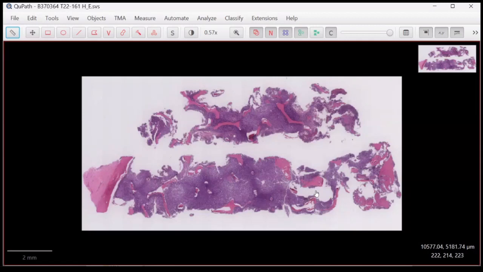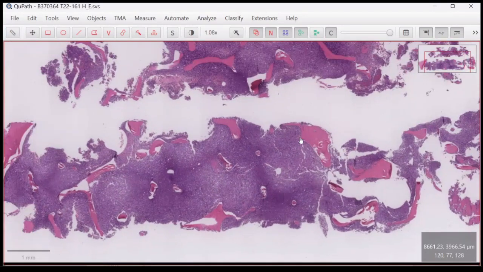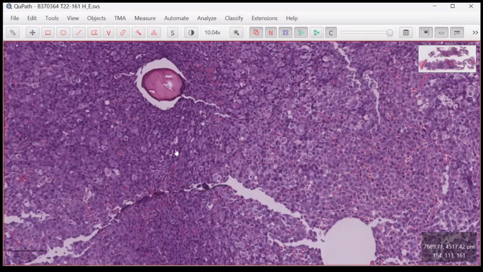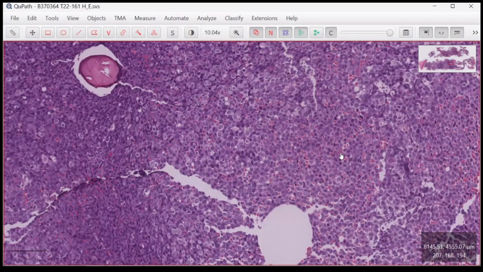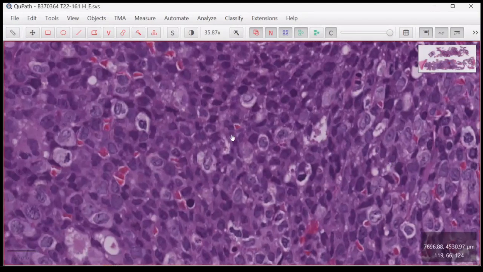Okay, this is the diagnostic marrow for Mrs. S. Hypercellular throughout. We know this is definitely a patient in the leukemic phase. And first thing